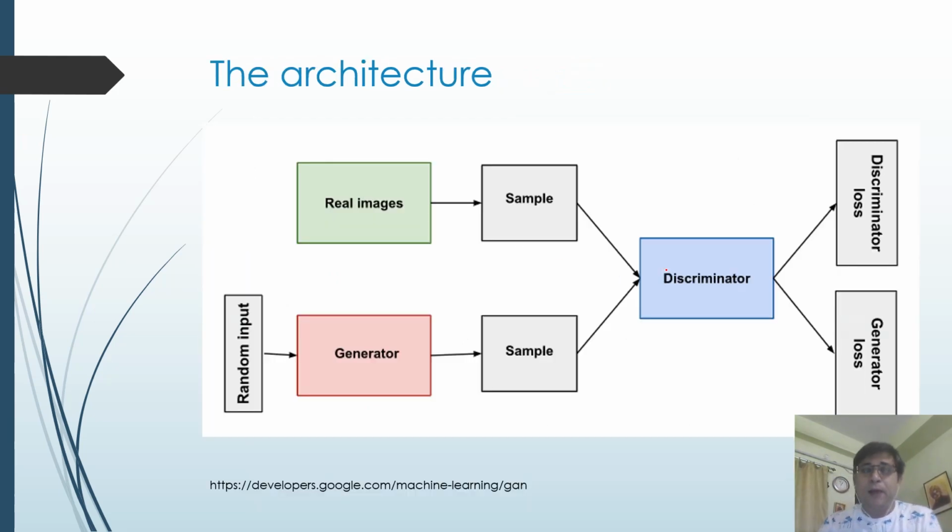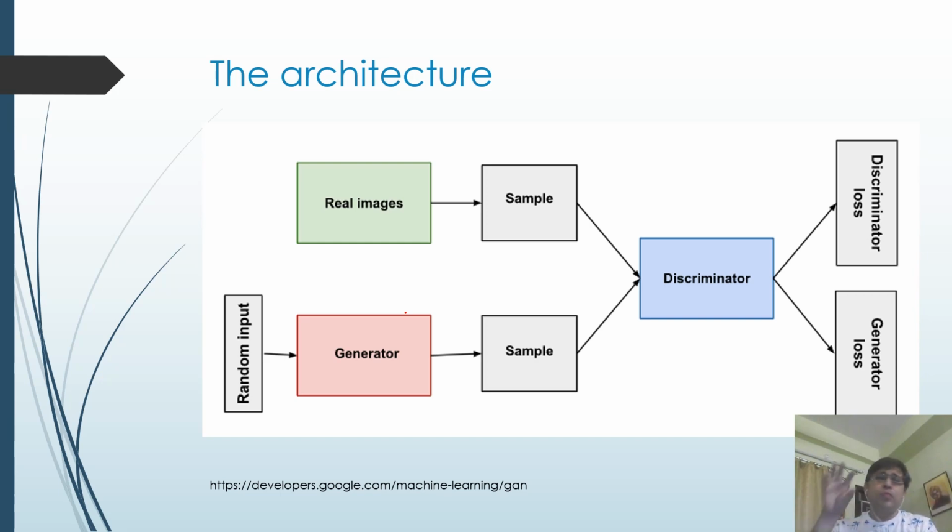Okay, so the architecture is something like this. You have real images, and these real images are visible only to the discriminator. This is one of the very important points. The generator doesn't have access to that. The discriminator works as a binary classifier. So the real class data comes from these ground truths, and the other class data, the fake data, comes from the generator. That's how the discriminator learns.